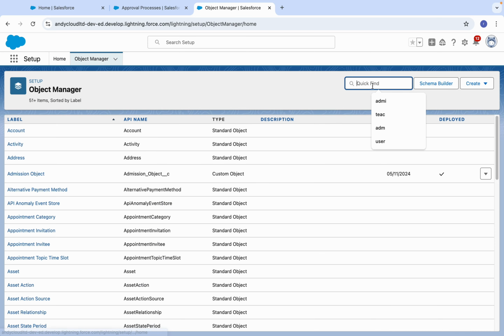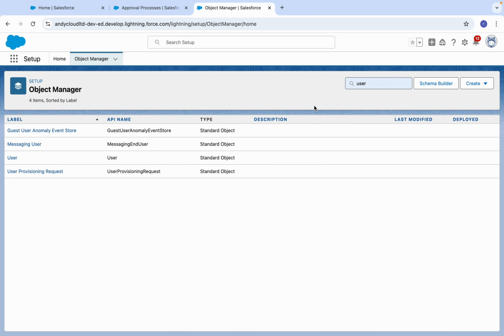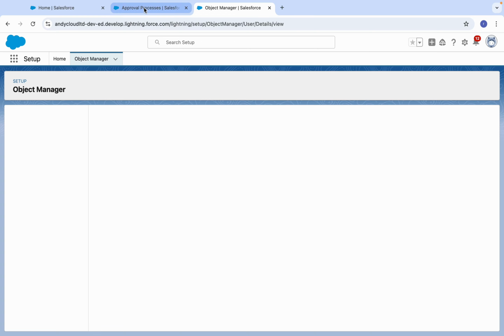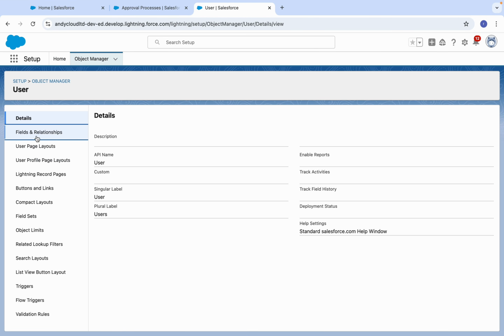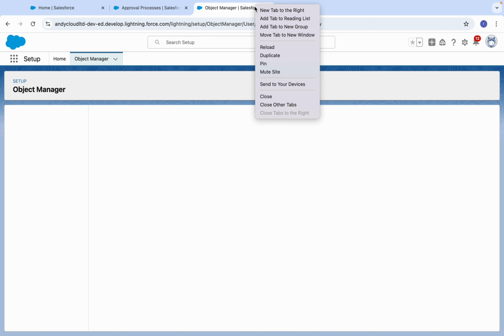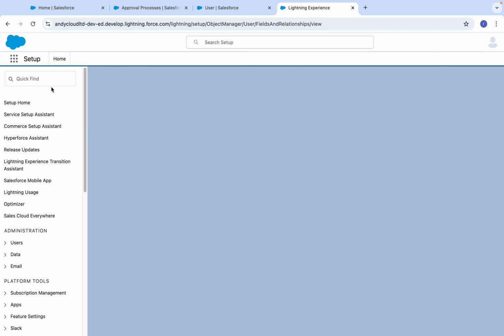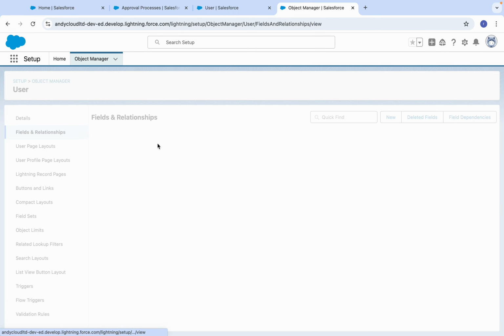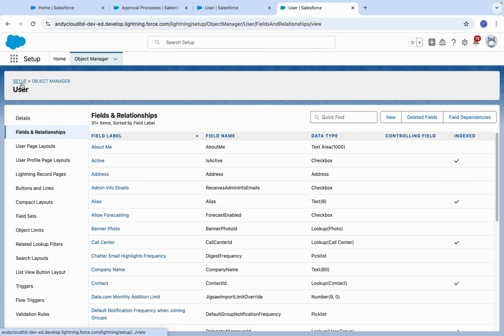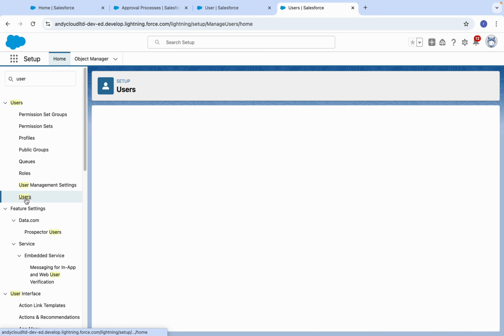In the object manager you need to go to the user object, because this is the user object. In the user object you need to create a field.